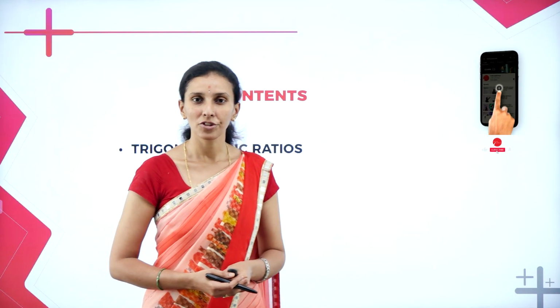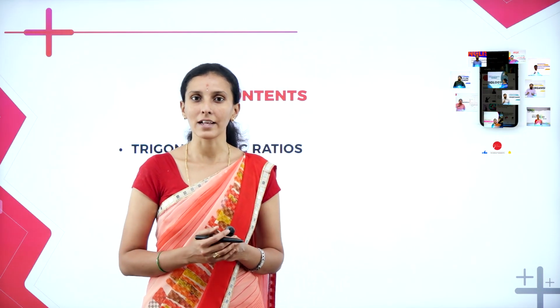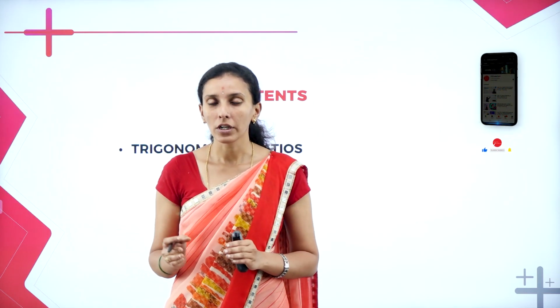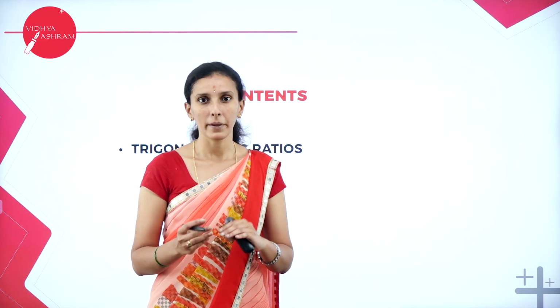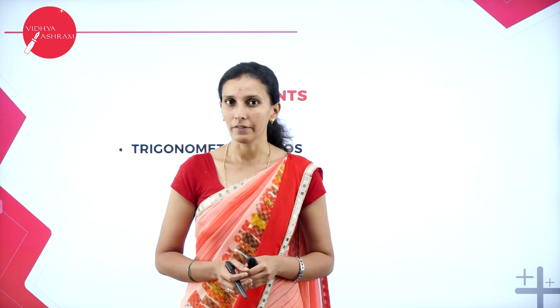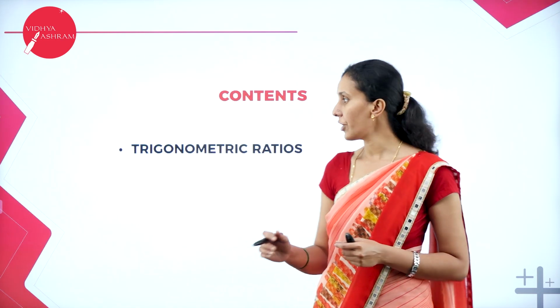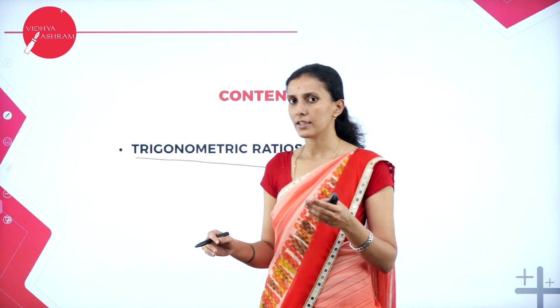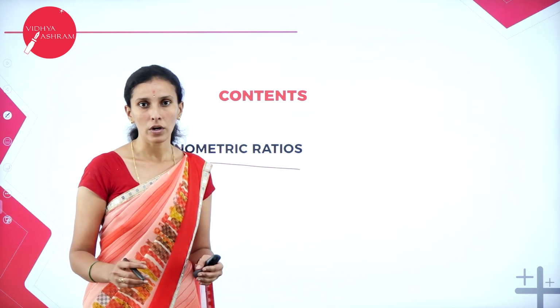In our previous session, we studied how we measure an angle in terms of radian as well as degree. Whenever you are converting degree to radian or radian to degree, multiply by pi by 180 or 180 by pi, based on how you are going to convert it. Now, in this session, we will be learning about the trigonometric ratios. We have 6 trigonometric ratios: sine, cos, tan, secant, cosecant and cotangent.